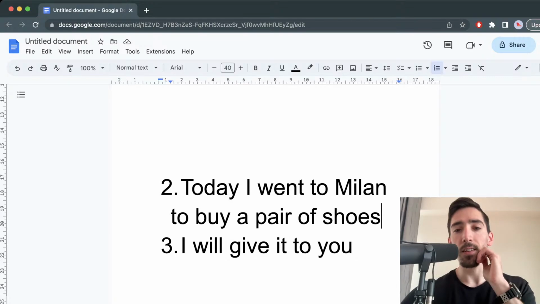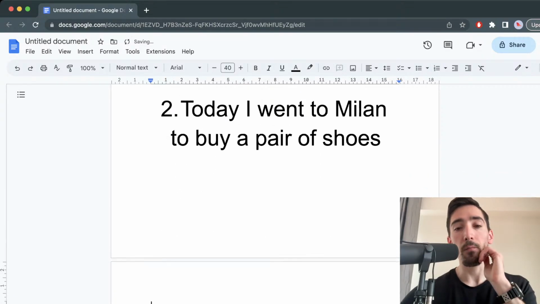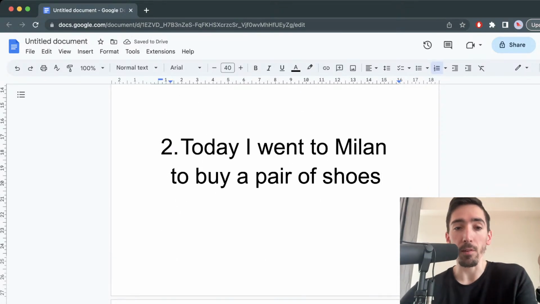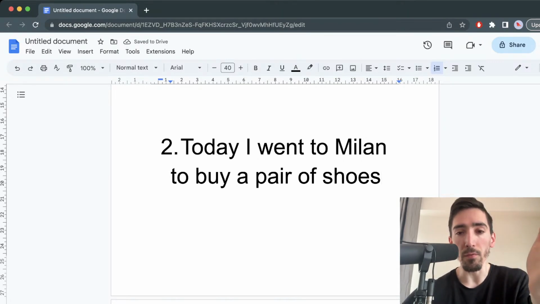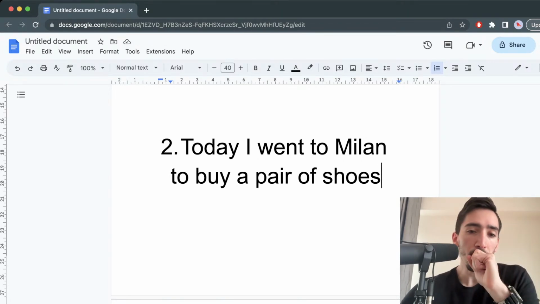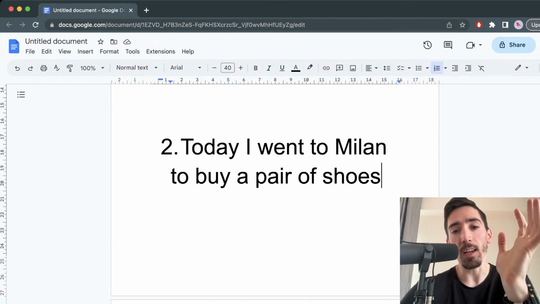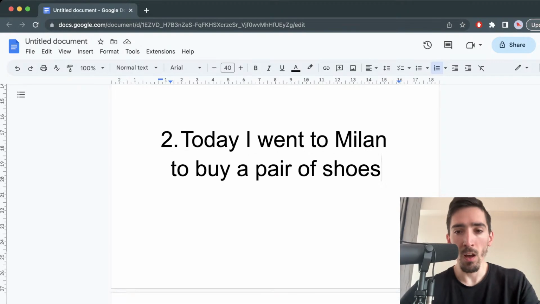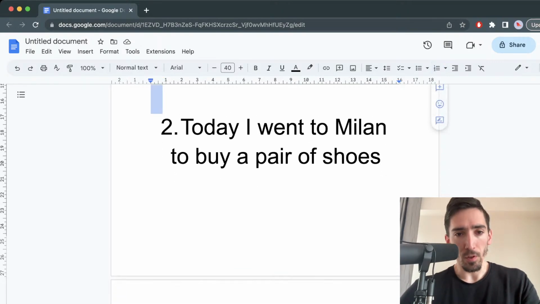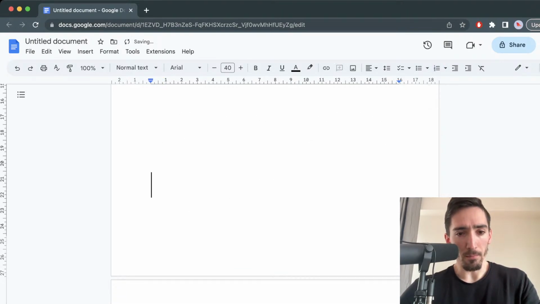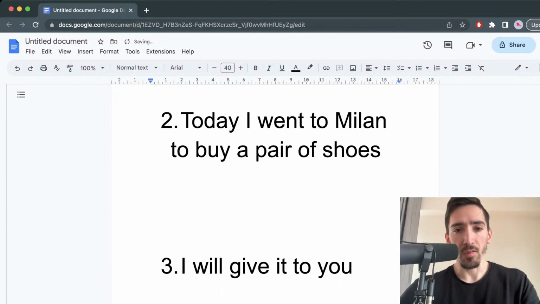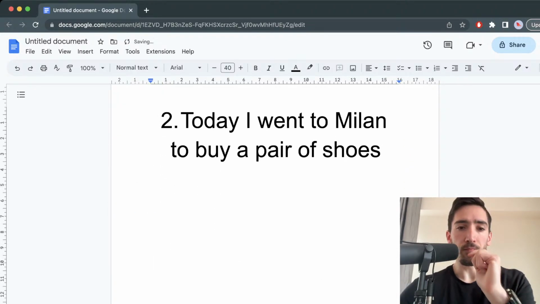The next sentence is a little bit more difficult. I mean, compared to the first one, it's much more difficult, right? This is a normal sentence. The previous one was very, very basic. Notice that this sentence is in the past simple. So I would like for you guys to try and translate this in the best way possible.